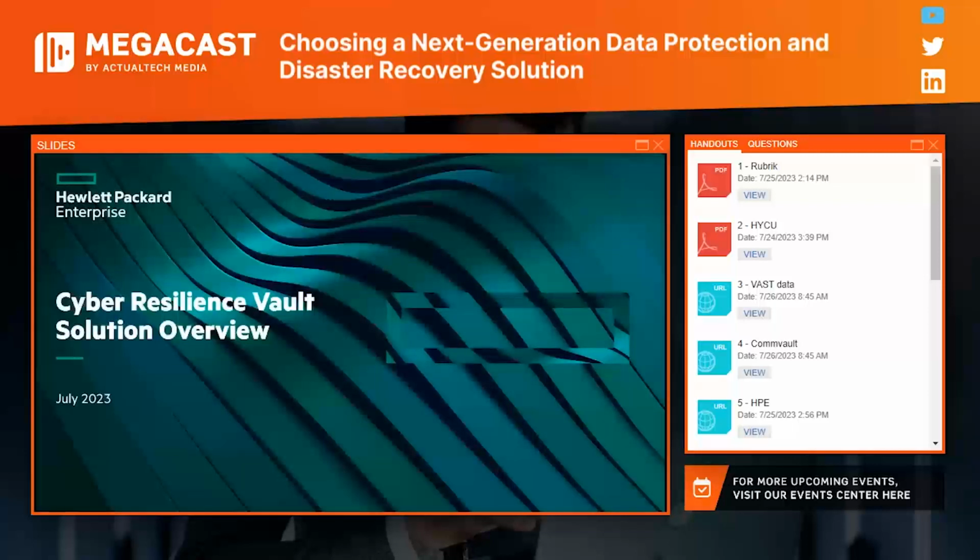Thank you very much. One of the things I'd like to mention before we jump into the actual slides is that in the marketplace today, there are immutable data vaults to protect organizations against cyber attacks. There are 3 pillars that really make up an immutable data vault. Number 1, immutability. Number 2, air gapping. And number 3, the decentralization of the data. Everybody can do those 3 very well.